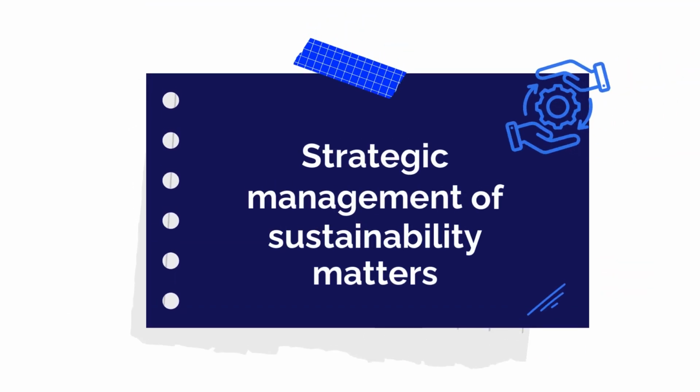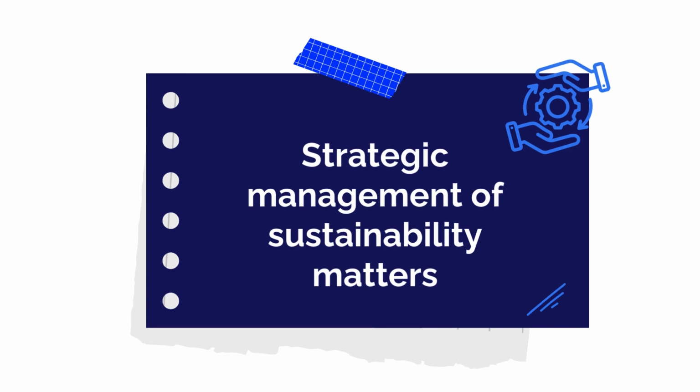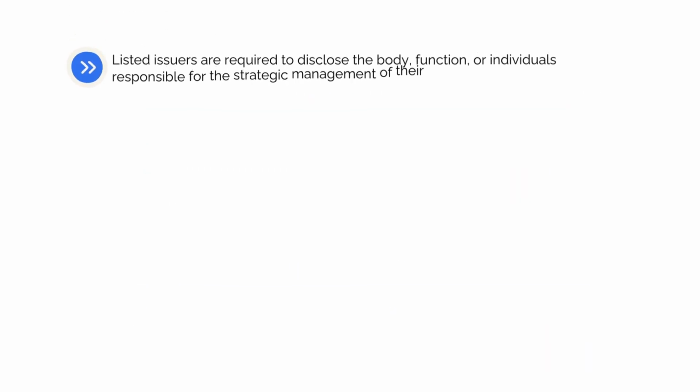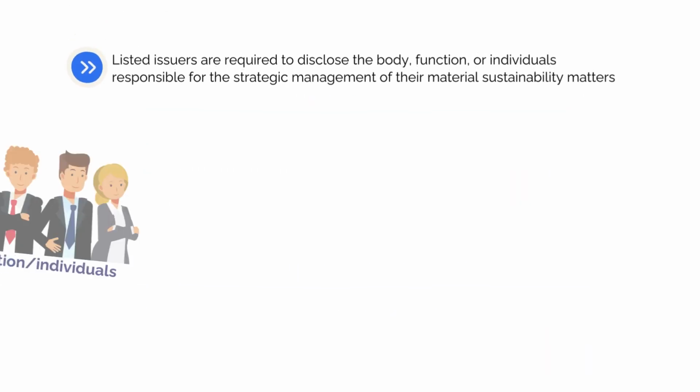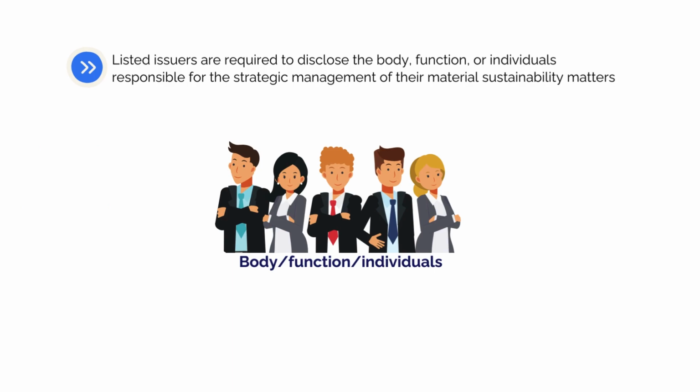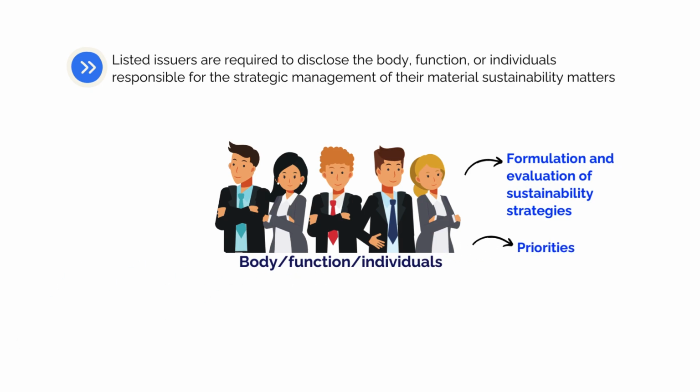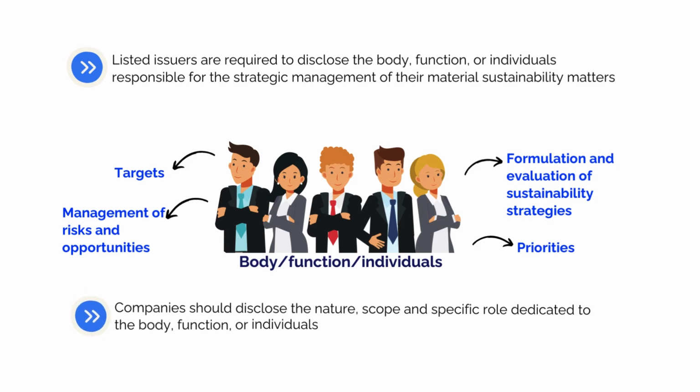Moving on to the strategic management of sustainability matters. Bursa Malaysia requires listed issuers to disclose the body, function, or individuals responsible for the strategic management of their material sustainability matters. This includes but is not limited to formulation and evaluation of sustainability strategies, priorities, targets, and management of risks and opportunities. It is also essential for listed issuers to disclose the nature, scope, and specific role dedicated to the